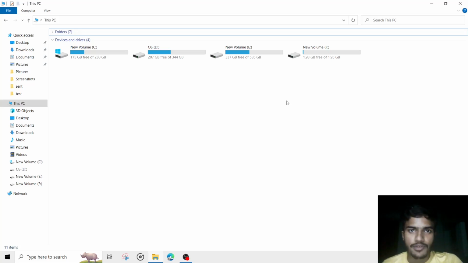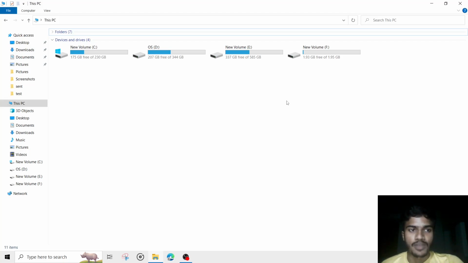Hey, this is Kalan. In this video, we will see how we can convert the MBR to GPT or GPT to MBR partition. Like I installed an SSD and I was at the stage of Windows installation. Then I got an error: Windows can't be installed on this disk. The selected disk has an MBR partition, and Windows can only be installed to a disk which has the